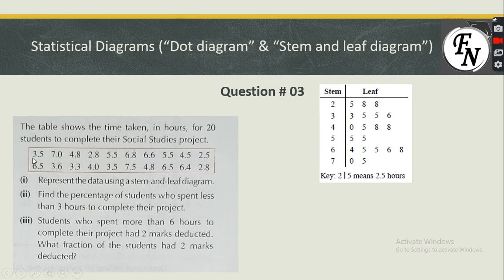First of all, we find the smallest value, that is 2.5, and the largest value, which is 7.5. So we have made the stem from 2, 3, 4, 5, 6, 7 line-wise, and when we talk about the leaf, we can add the decimal value in the leaf. In this we have made a key that this is 2 and this slash represents the decimal, and after this line it is a decimal value, that means this is 2.5.